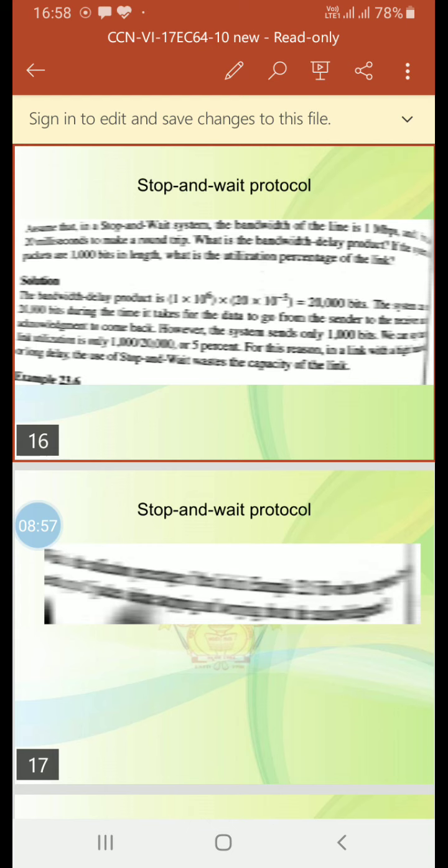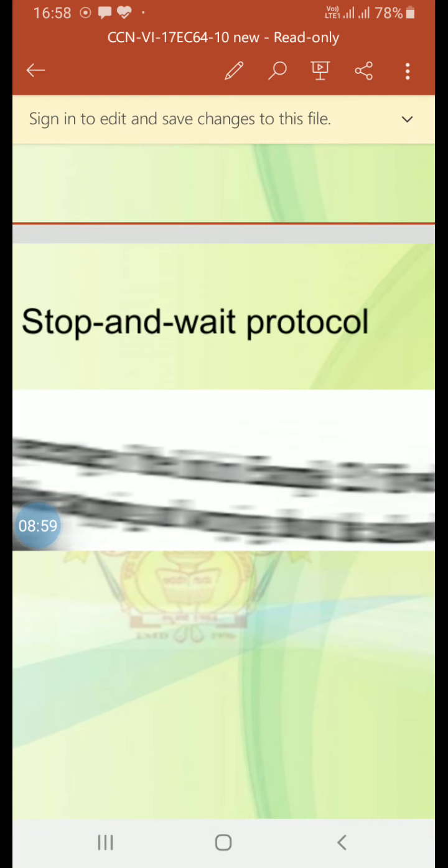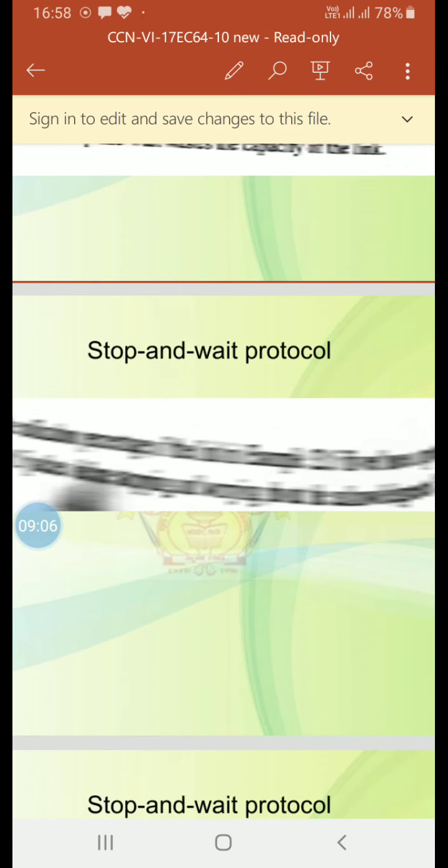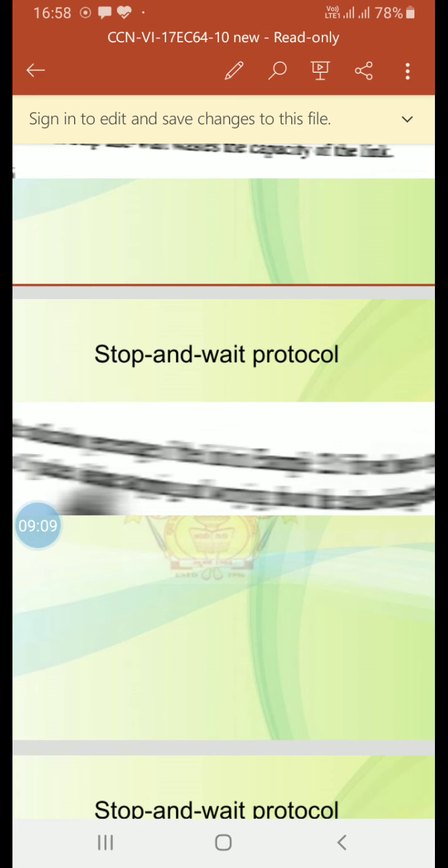Next example. The problem statement is, what is the utilization percentage of the link in the above example if we have a protocol that can send up to 15 packets before stopping and worrying about the acknowledgement?